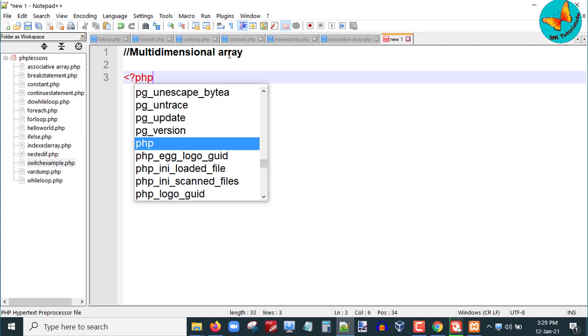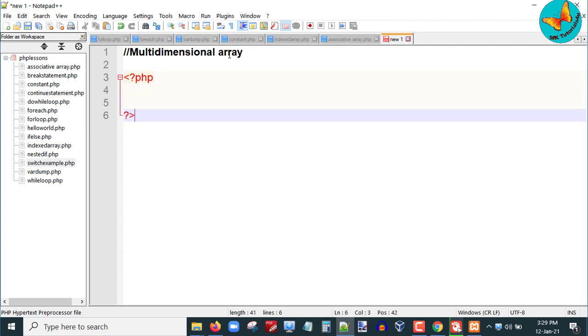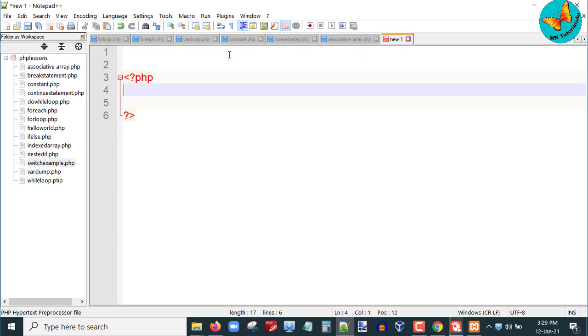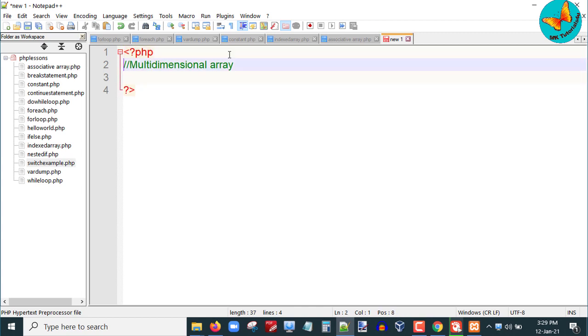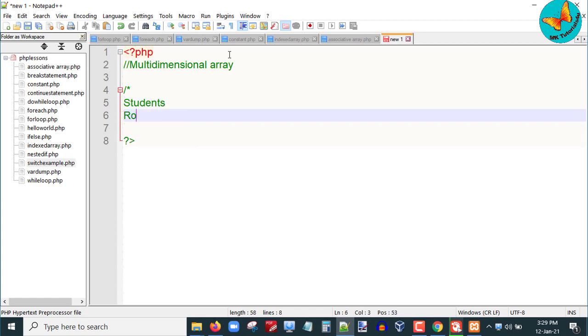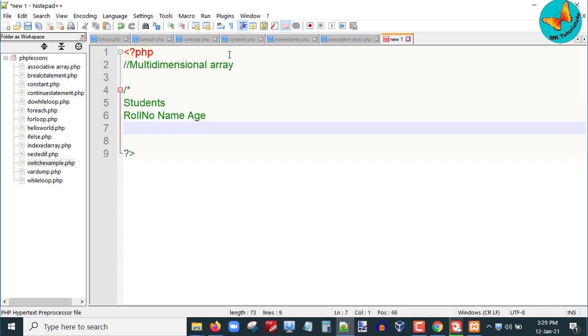Now let us first try to define what a multi-dimensional array is. A multi-dimensional array is nothing but an array containing one or more arrays. PHP supports multi-dimensional arrays that are 2, 3, 4, 5 or more levels deep. However, arrays more than 3 levels deep are hard to manage for most people. The dimension of an array indicates the number of indices you need to select an element.